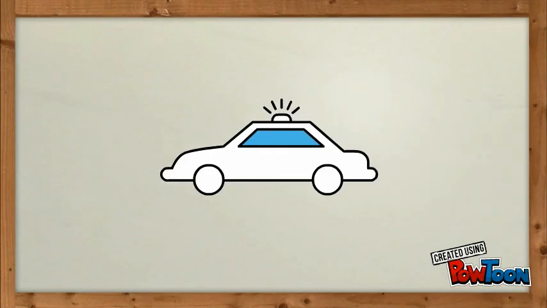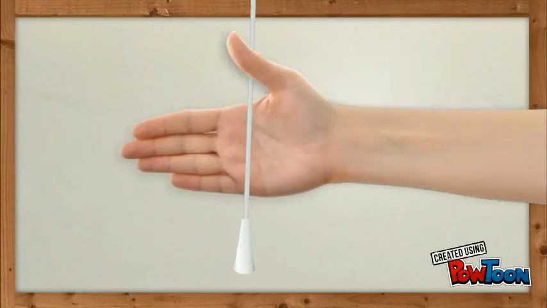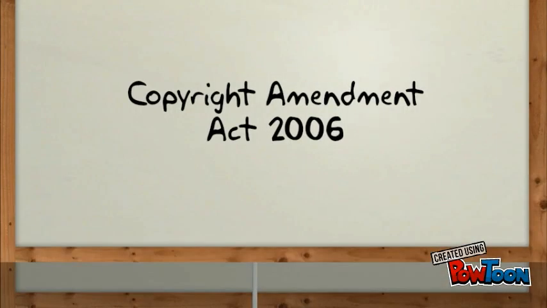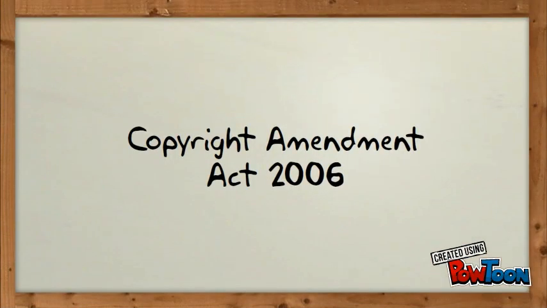Not every infringement of copyright is a criminal offence. Generally, only those that involve commercial dealings, even if no financial gain is made. The Copyright Amendment introduced Division 5 of Part 5, which created 3 types of offences and summary proceedings with a range of penalty options.